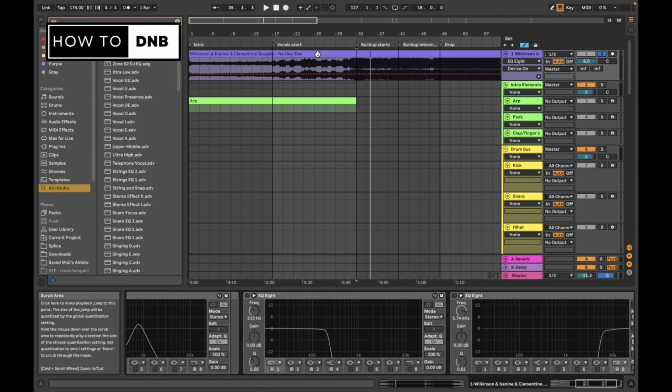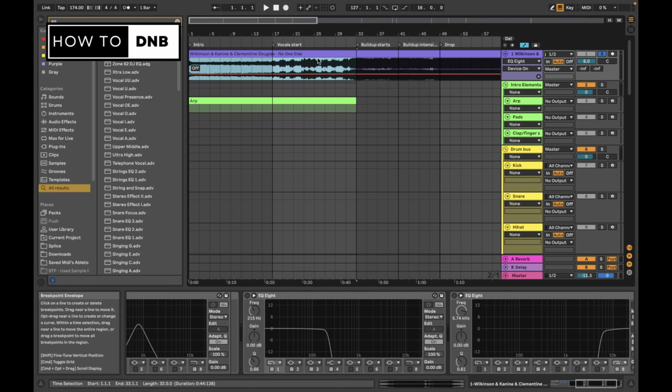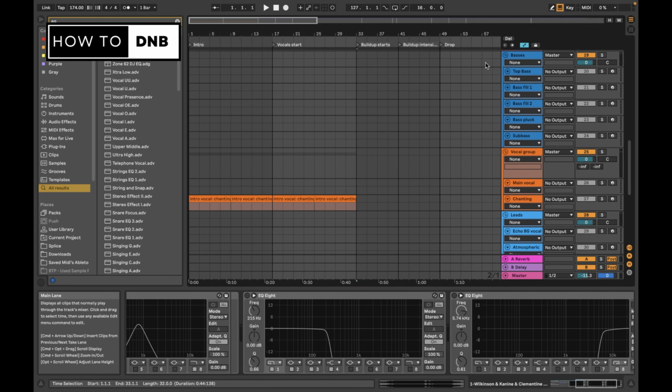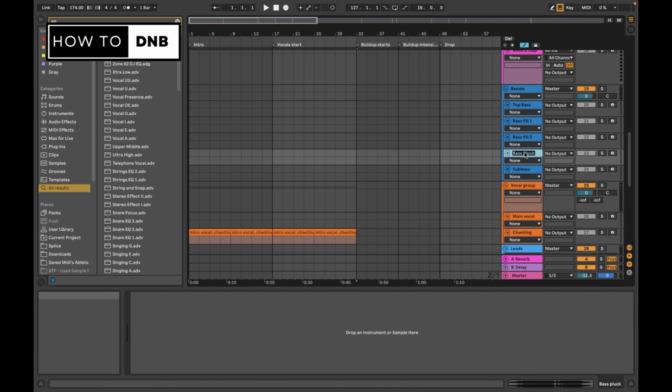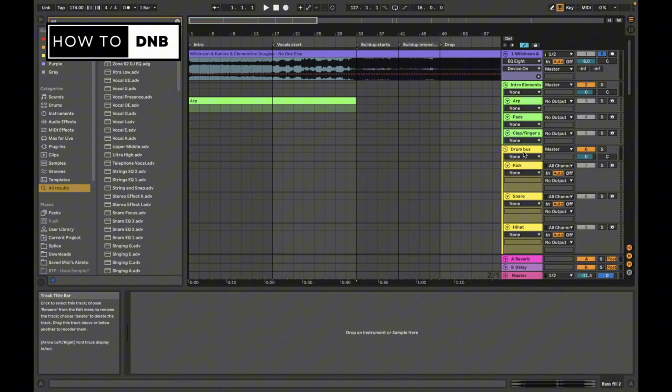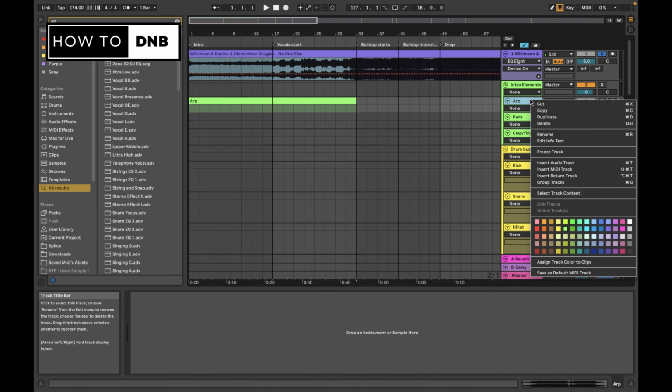Let's deactivate this EQ again. And it's definitely there until the buildup. I think in the buildup something changes. We'll have a look at that when we talk about the buildup. But we can go into our basses section here, right? And, well, let's see, we don't have one specifically yet for a reese bass. We could put it in here, or we could just keep it in our intro elements, maybe. Maybe that's more convenient just for learning where things are.